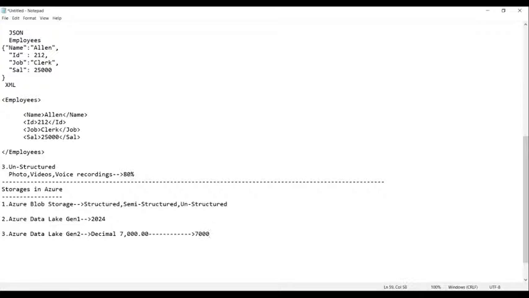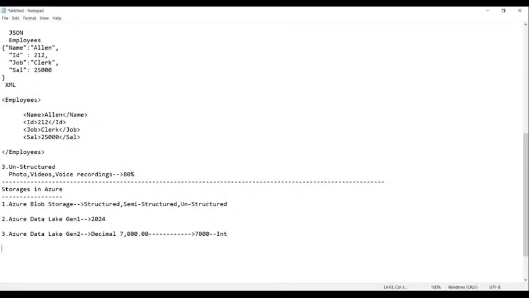That means only decimal is not accepted here. Decimal is not accepted. Only what is that? Integer. That means this kind of data is called as what? Decimal data. And this kind of data is called as what, guys? Tell me now. Integer data. Am I right or not? So whenever this kind of thing has to be changed into the target, such kind of data is mostly recorded into the Gen 2. What is that? The Azure Data Lake Gen 2.